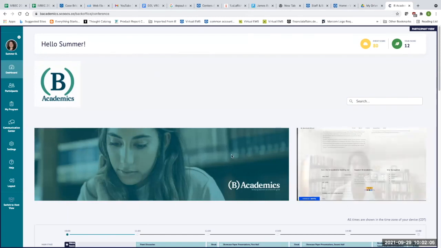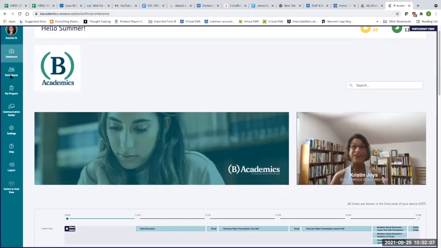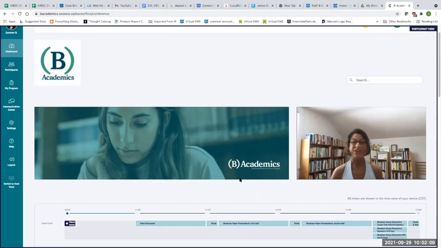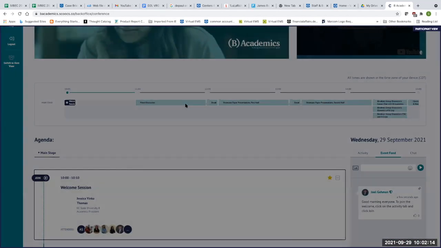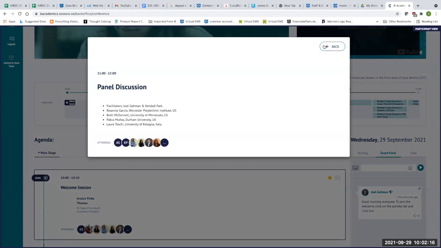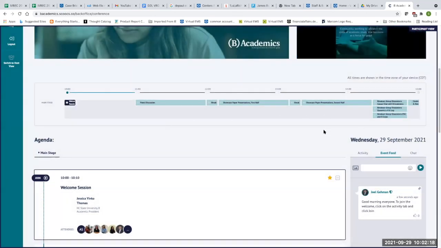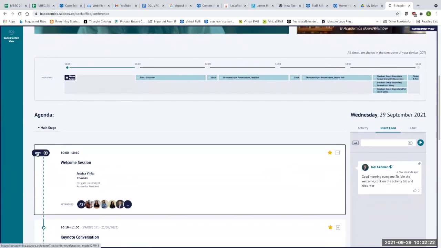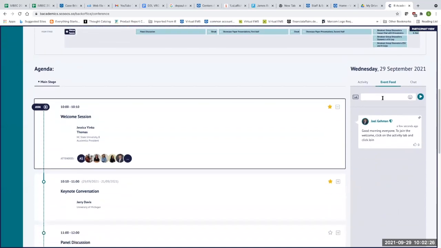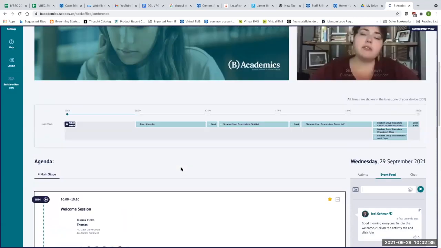I want to quickly show you my screen so that we can take a look at the SCOOCS website. Perhaps you've had a chance to play around with it, but as you can see, in the middle here is the agenda for today. As you click on each of these items, this will pop up. You can see what's going on, and it'll allow you to join over here on the left-hand side by clicking on the join button. Also, there is an event feed or chat on the right where you can see Joel has already added a comment, so you can feel free to jump in there as well.